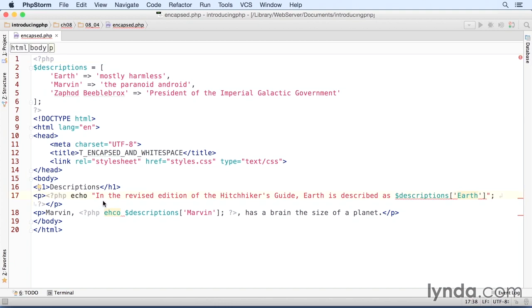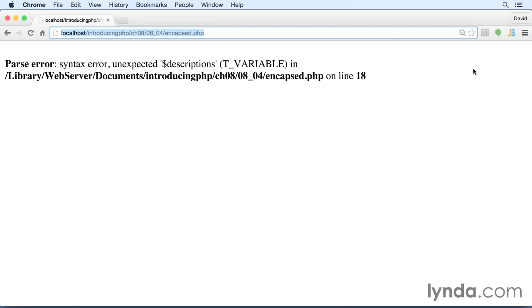And this is the double quoted string, and if we go all the way to the end of it, there is the associative array element that's been embedded in it. To get rid of this problem, we need to wrap the associative array element in a pair of curly braces. So just before the $, we need to have an opening curly brace, and then after the closing square bracket, a closing curly brace. So if we save that and reload the page in the browser, oh, we've got another